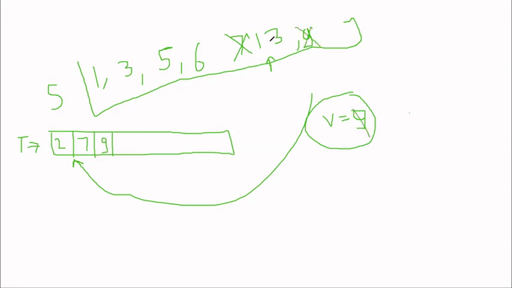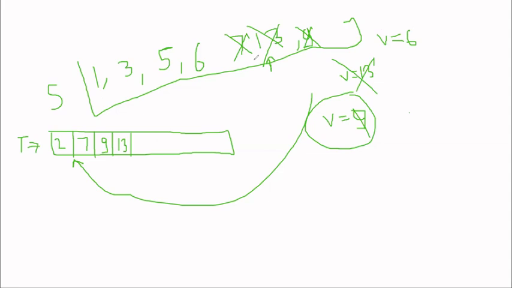Now 13 comes, let's say V is equal to 13. Now V is greater than the top of the stack. The top of the stack is 9, 13 is greater than 9, so 13 will be pushed here as well. 13 is being popped from here, then it will be pushed here. Now V is equal to 6 again, because the next top element is 6. Now is 6 greater than 13? No, so 13 will be popped from here.